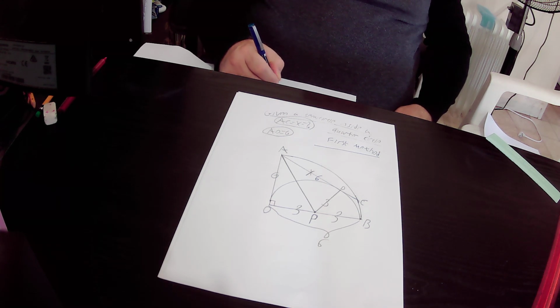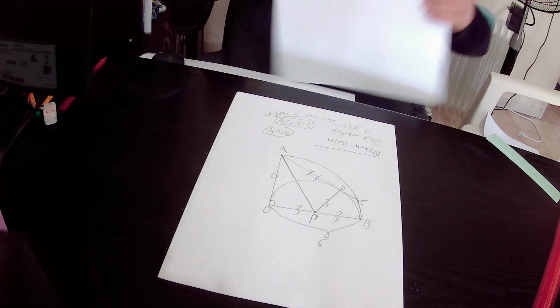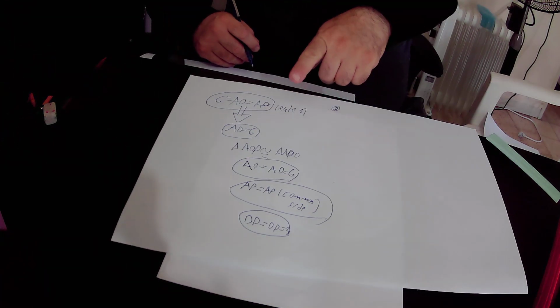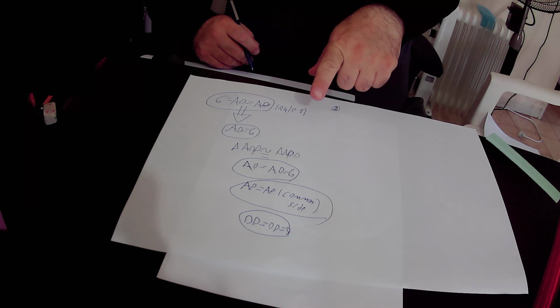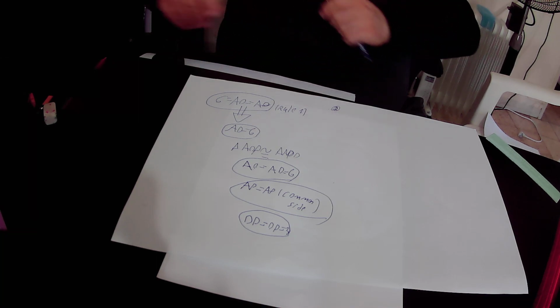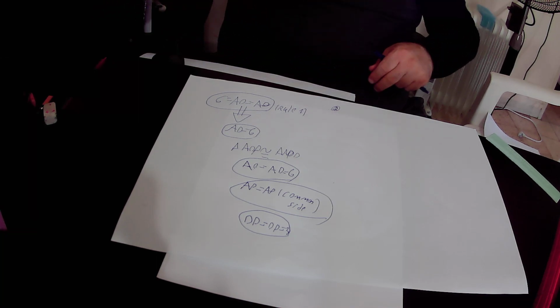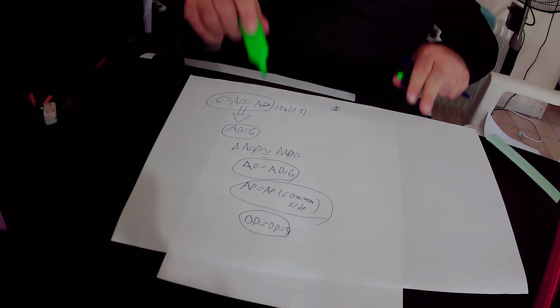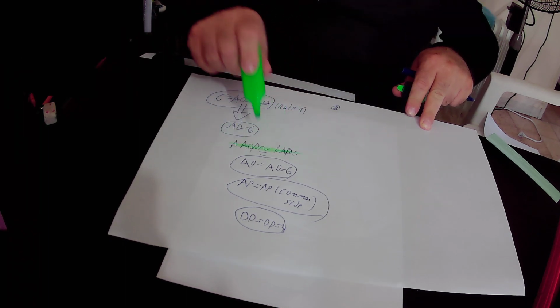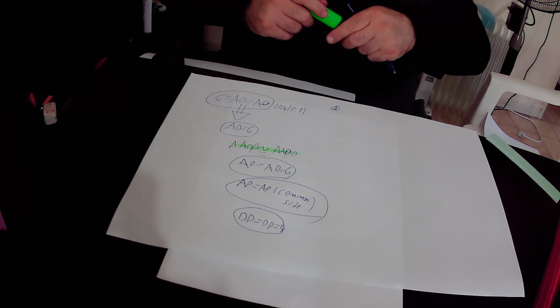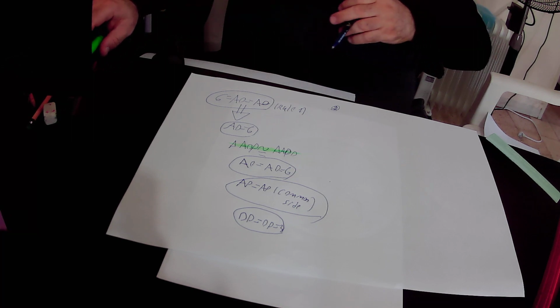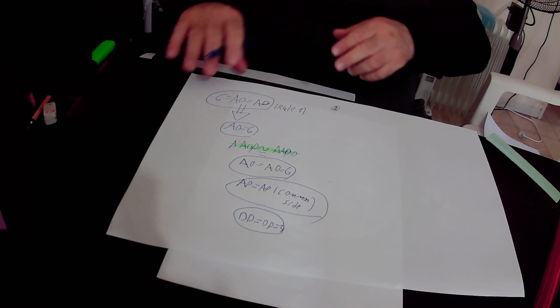DP equals OP equals 3 units. Okay, so we actually proved that triangle AOP is congruent to triangle APD according to the side rule. Okay, we write it down. Triangle AOP is congruent to triangle APD